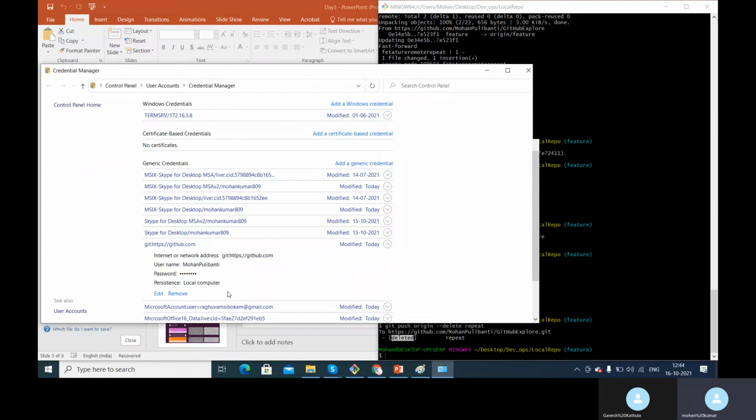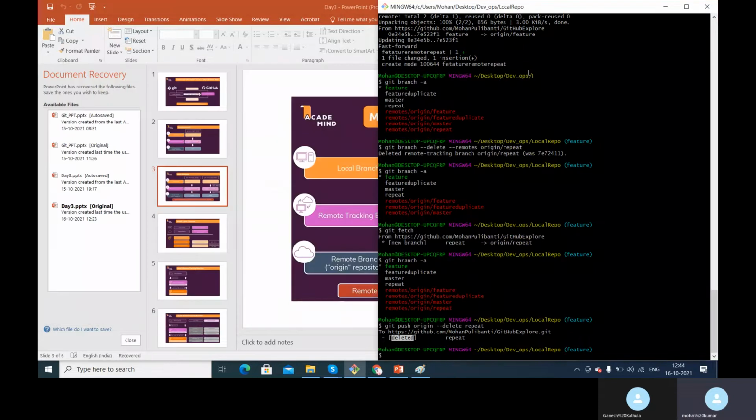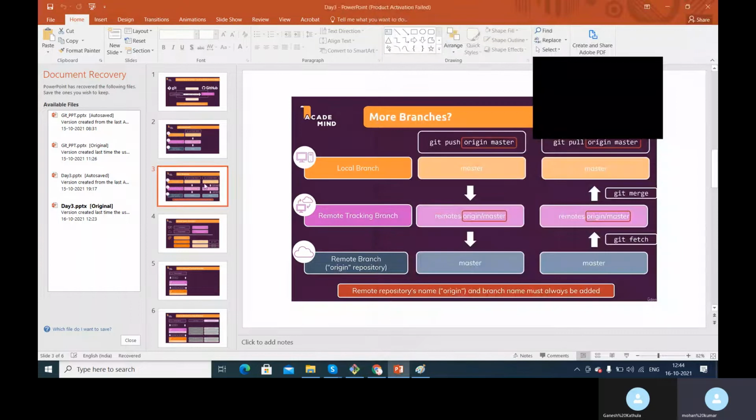As this is stored over here, it is just retrieving the data from here. If you remove this, you just need to give it every time. So that is one thing. We created a personal access token and we used that. And the other one is we have also clearly discussed creating remote tracking branches, how the remote tracking branches will be created, how to create a local tracking branch, and how to attach that local tracking branch to the remote tracking branch.